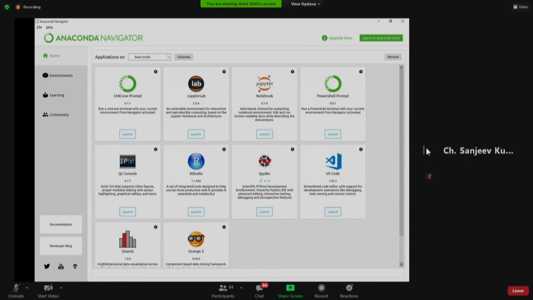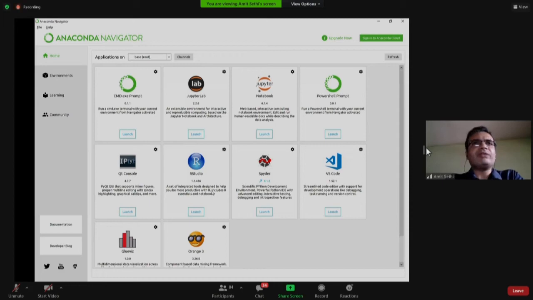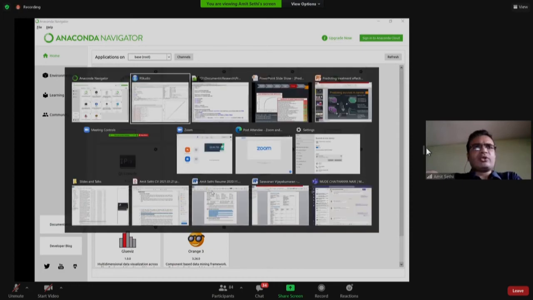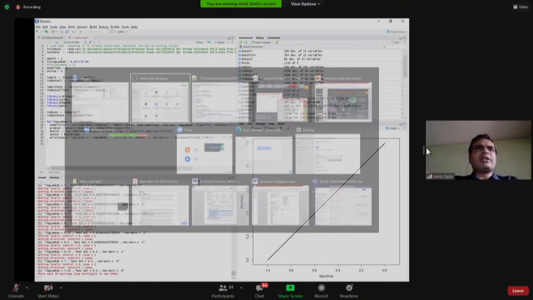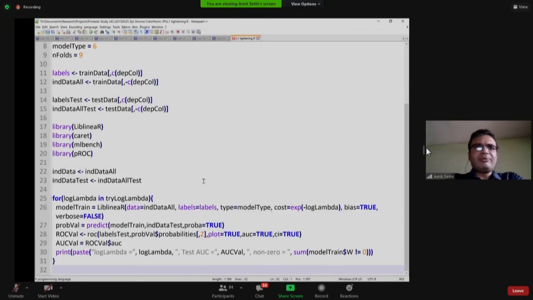Whereas you can also get RStudio just as a standalone. You don't need Anaconda for that if you're not working in Python. So here, in this particular example, I'm trying to fit a logistic regression classifier. And for that logistic regression classifier, I have that L1 penalty, the penalty on the sum of absolute values,